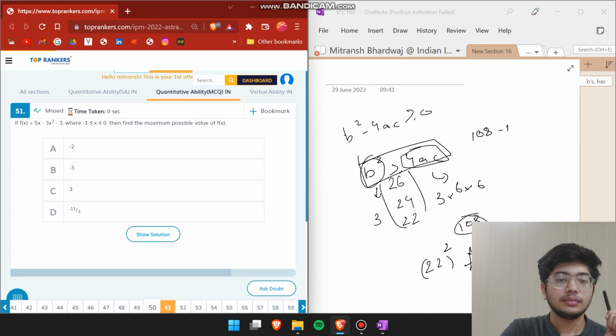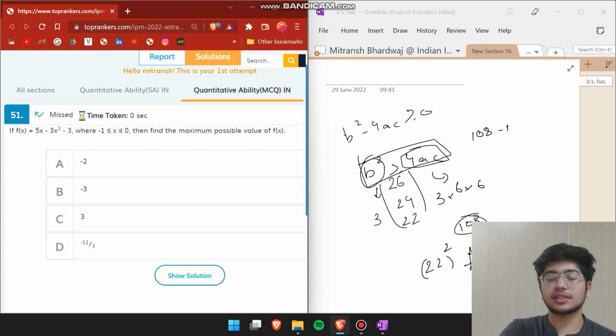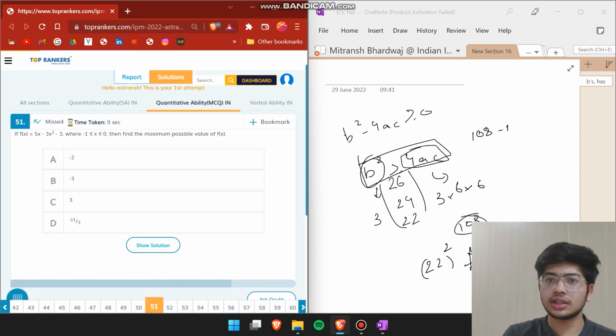अगला क्वेश्चन, इफ f of x equals to 5x minus 3x square minus 3, where -1 less than equals to x is less than equals to -1 and greater than -1 and less than 0, then find the maximum possible value of f of x। ठीक है, इस क्वेश्चन में प्रॉब्लम क्या है कि हमको x की रेंज गिवन है। तो यूजुअली हम कोशिश करते हैं कि ऐसा कुछ एक्सप्रेशन बनाएं कि जो x वाला पार्ट है वो स्क्वायर्ड हो और उसका जो मैक्सिमम है वो इस रेंज में लाई करे। ये क्वेश्चन थोड़े से डिफिकल्ट साइड पर रहते हैं, टाइम कंज्यूमिंग होते हैं, थॉट ज़्यादा देना पड़ता है, तो इसको मैं स्किप चूज करता हूँ। तो इसको हम अभी स्किप करते हैं।